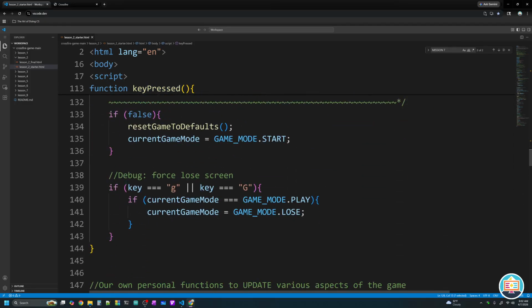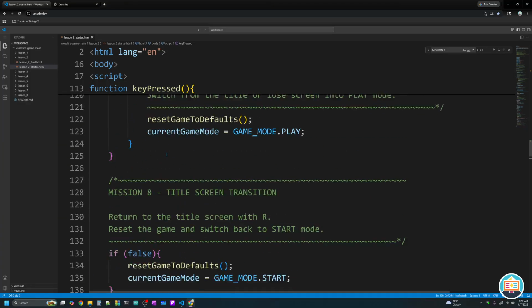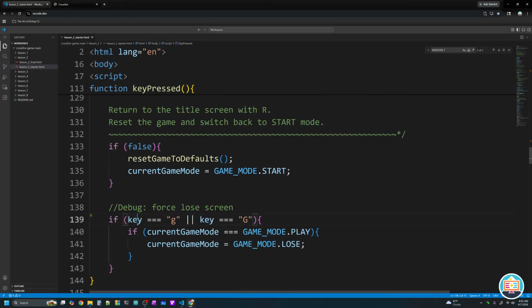We're going to come back to that in a second. But I've got a debug here. We can force a lose screen because right now, there's no way for us to lose the game. If we press, we're asking a question here, if the user has pressed a specific key, we're not using key codes anymore. Inside of here, we can just check to see what key was pressed, lowercase g or capital G, and